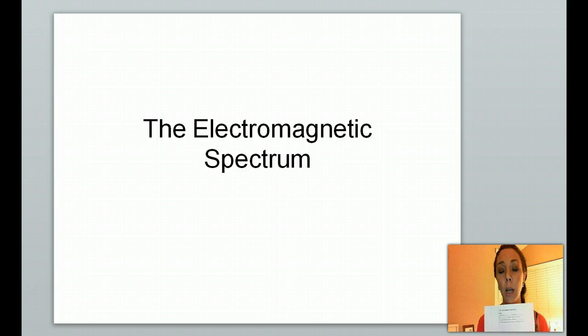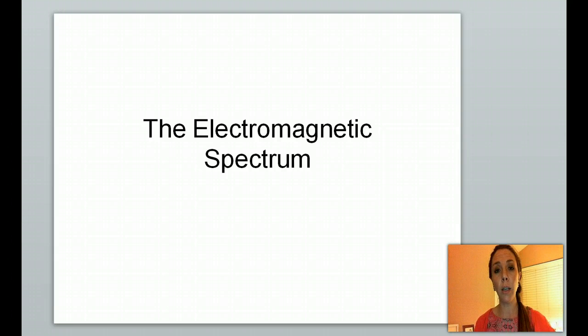So there are some things I'm going to have you write down. There are other things I'm just going to say that you can add to your margins. Remember, our margins are meant to be interactions, something further than what's going on in the content here. Okay, so the electromagnetic spectrum, here are the notes.